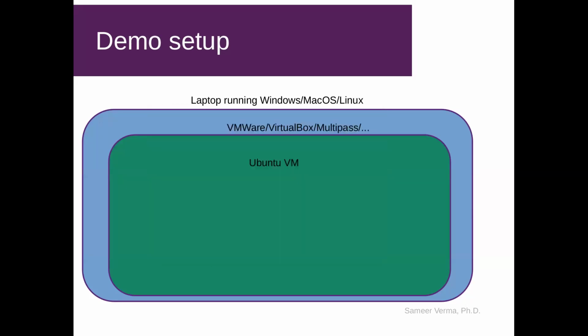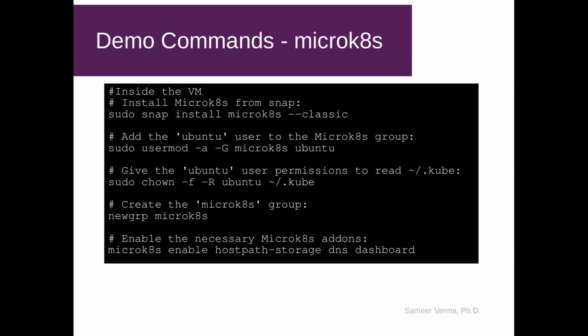Yes. Okay, so next step, I'm going to install micro-K8s, which is the Kubernetes thing. So these are the commands, and again, I've tried to explain it. So the first line is to install it. You have to be sure to use the --classic for this one. Then you change the settings for the user. So there are a couple of lines there. And then at the end, you install. The last line here is that you enable something called host path storage, which is for storage, dashboard, and DNS. So let me